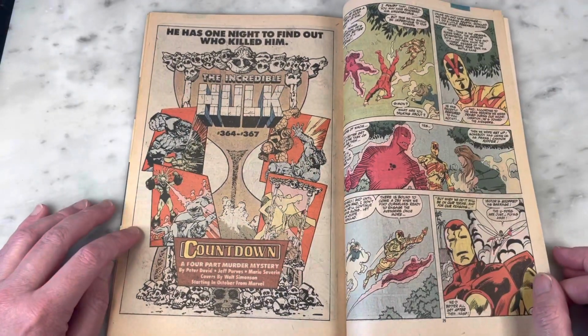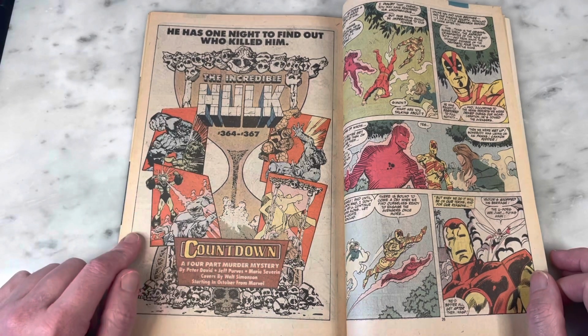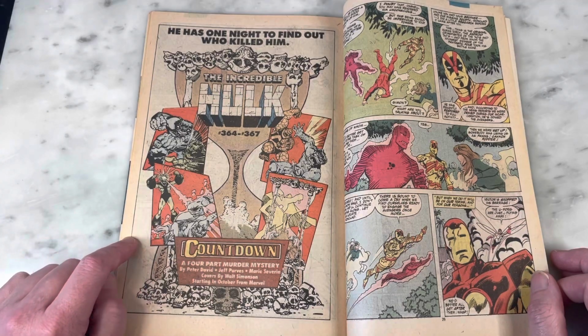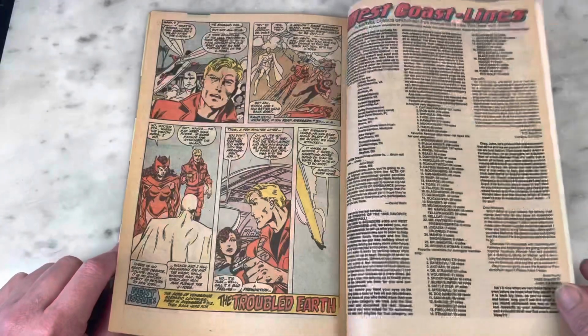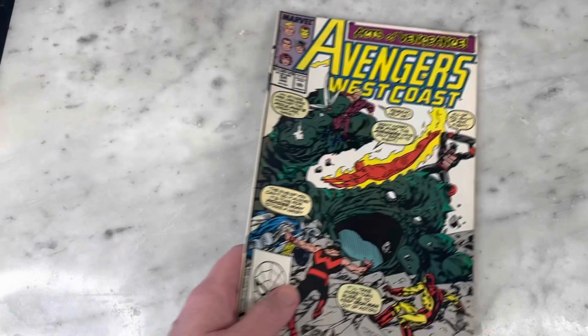The Incredible Hulk countdown with these amazing Walt Simonson covers. One of these I feel might have been early Dale Keown, whom I love. I can't wait to find my Dale Keown Hulks so I can bring them to you. That was 53, here's 54, and we got this